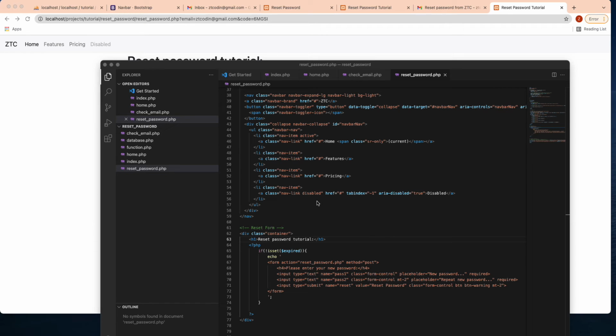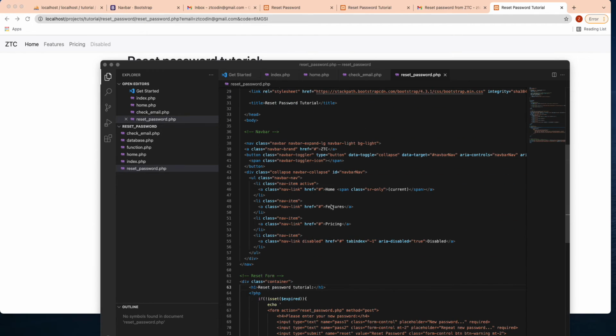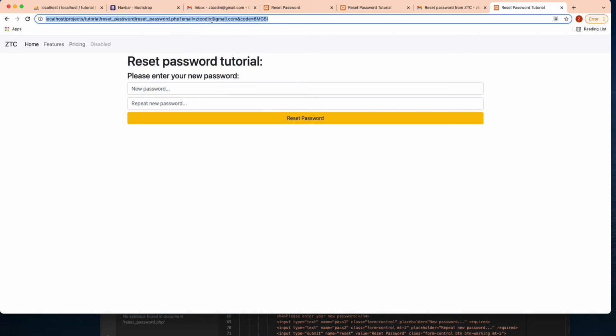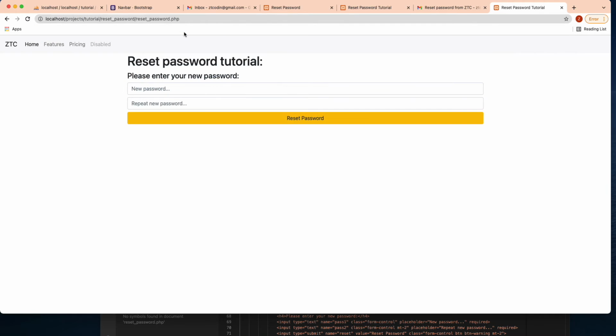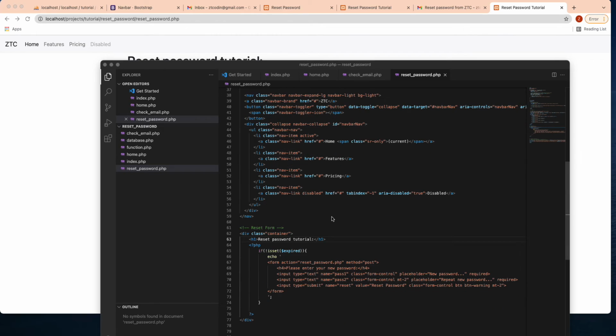So the next thing we're going to do, but before that I want to show you something. If I delete this one and we click here, it still appears this form, so we don't want that. What if the user just deletes the credential and I click on this, the form will still appear. All right, so what we want to do is something like, if it isn't expire and the code, some sort of code must be